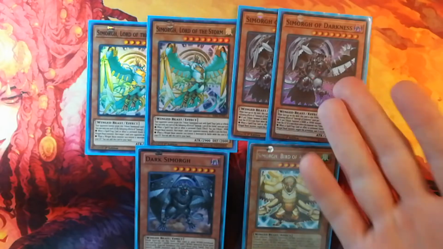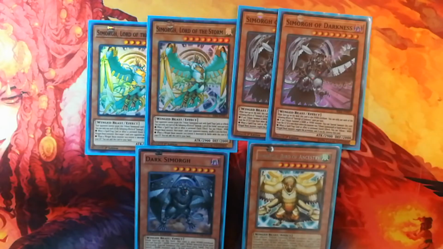He works very well with the Darkness, where when he's also on the field, he's Wind to tribute, and when you tribute summon a Dark or Wind monster, you can special him from your hand or graveyard. So they're pretty good there. They both have nice 2900 attack, 2000 defense. They both also have these nice